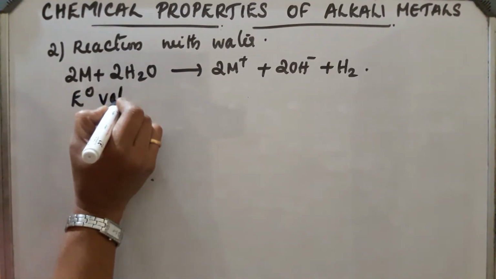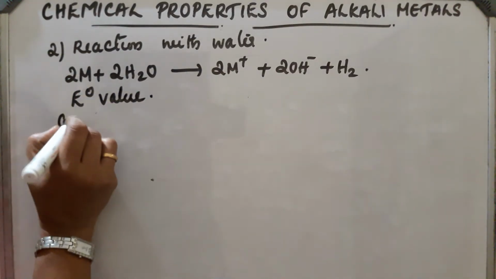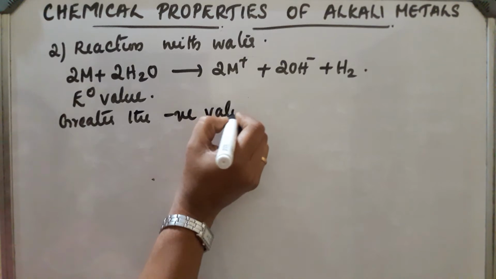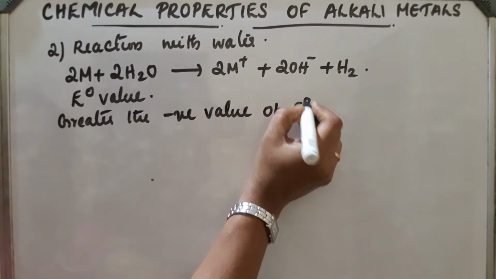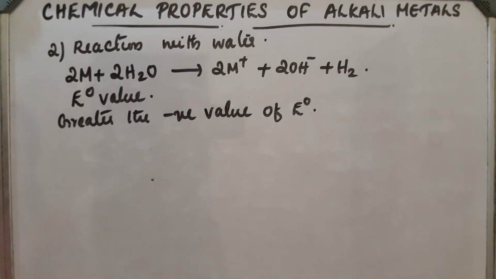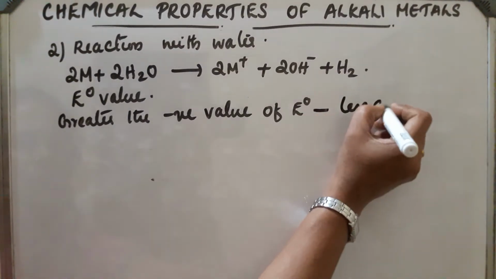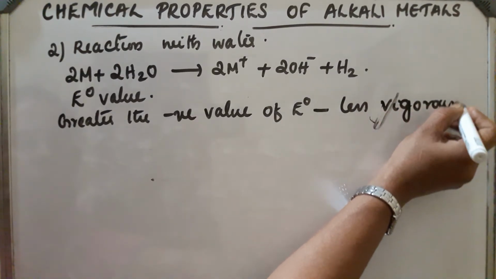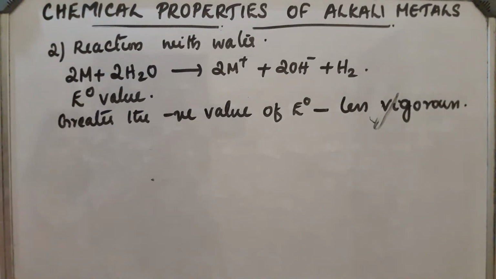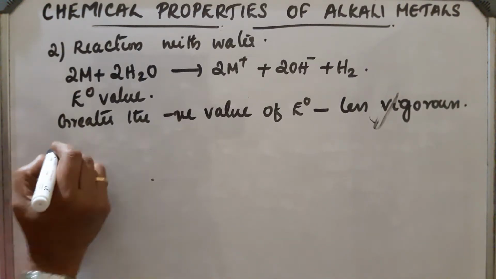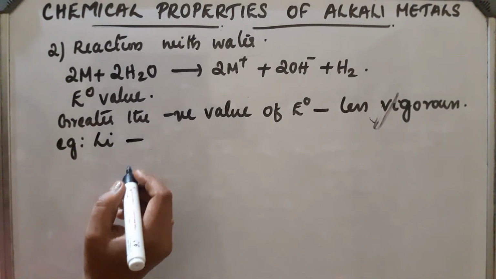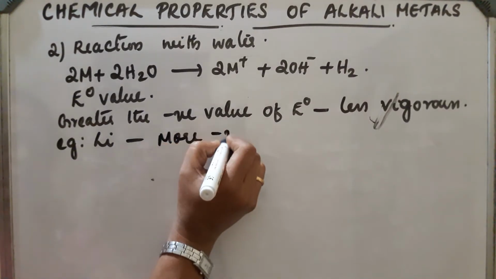that is electrode potential. Okay, so the greater the negative value of E0, the less vigorous the reaction, and vice versa. Okay, the reaction is less vigorous, and the lesser the negative value of E0, the more vigorous the reaction. For example, in the case of lithium, lithium is a strong reducing agent and it has a more negative E0 value